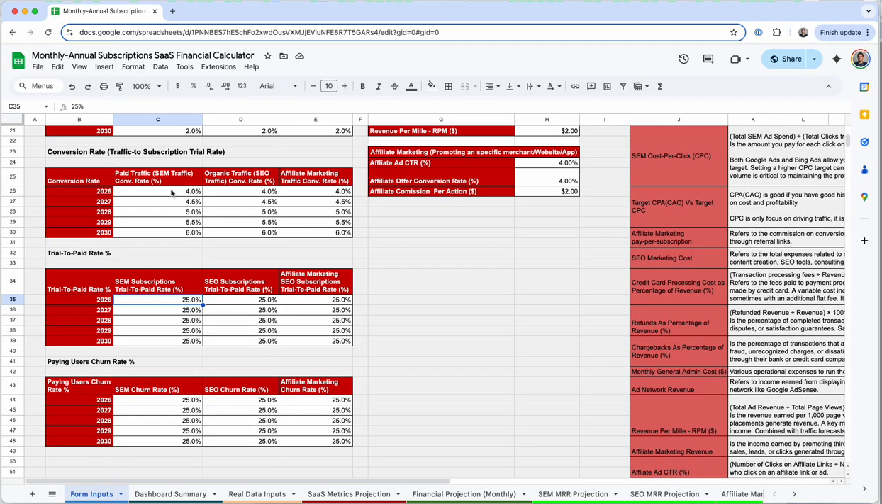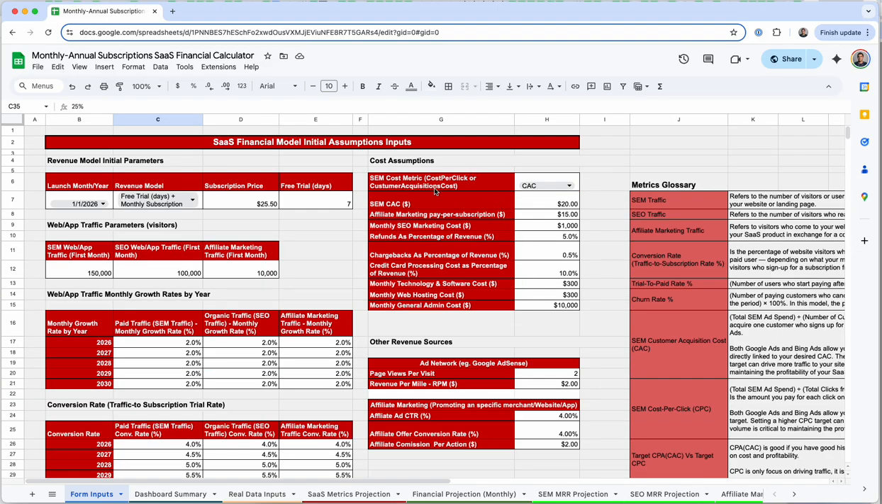In general, different channels usually have different conversion rates, trial to paid rates, and churn rates. The difference shouldn't be extremely big, but usually there's always a difference depending on the channel. So then you have the next section, the cost assumptions, where you can set up,